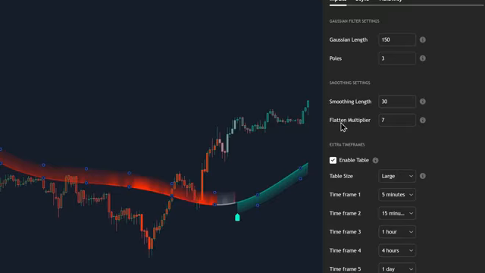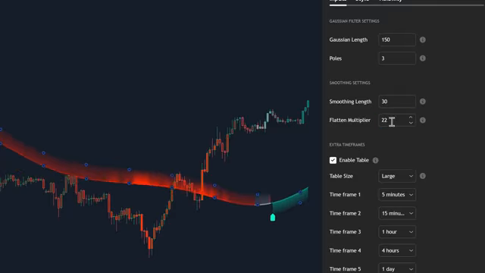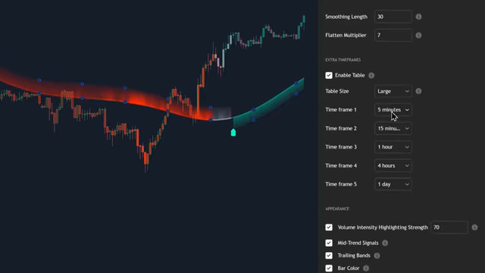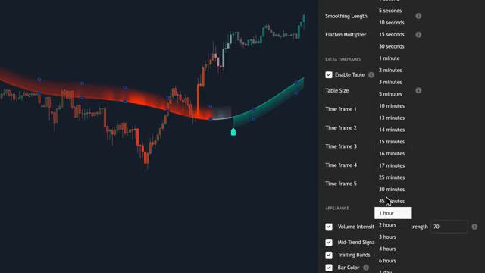The flattened multiplier helps reduce smaller fluctuations within the trend, keeping the Gaussian band steady. A higher value will result in a flatter trend curve, making it more resistant to short-term volatility. And then we can enable or disable the table, change its size, and select the time frames that we want right here. For me, time frame 1 is gonna be 5 minutes, and then 15 minutes, 30 minutes, 1 hour,